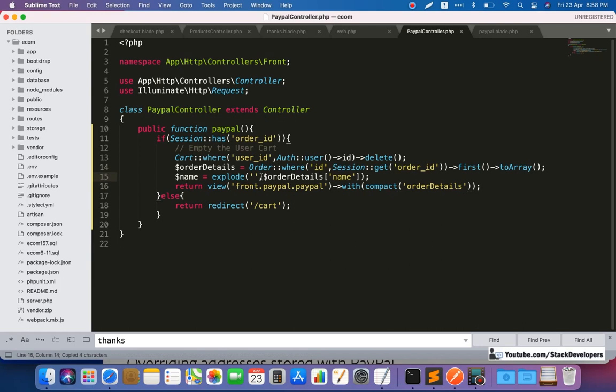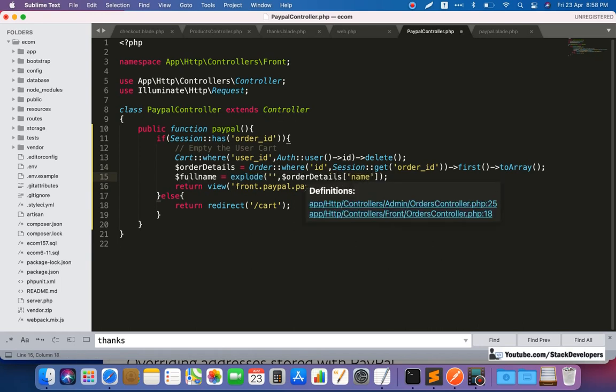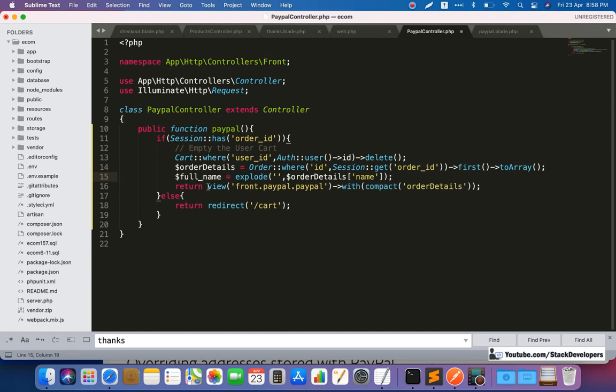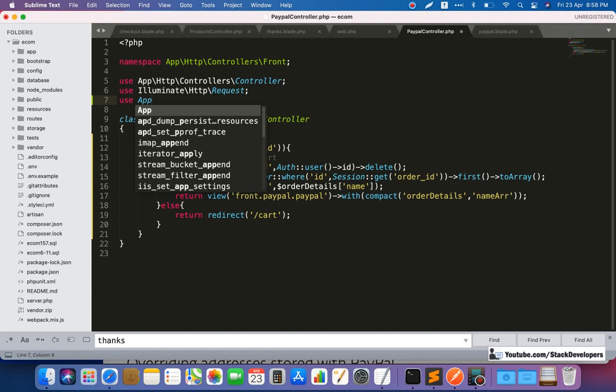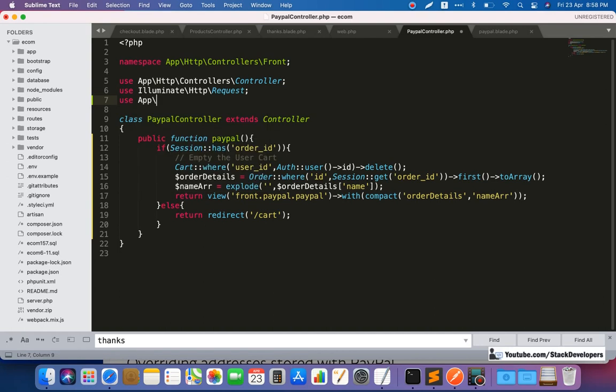We can also give the full name here. Okay, now we can give the name array, that is better. This is the name array. We have the first name in the 0th element and the last name in the first element. Okay, like this. So this one we will also use, and here we need to add use App Order,